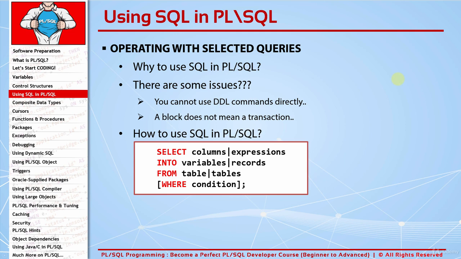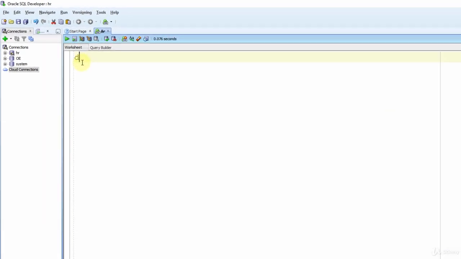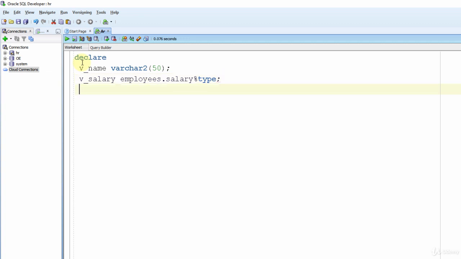Now, let's make some examples. Declare, v_name varchar2 50, and v_salary, it's employees.salary percent type. As I mentioned before, use percent type attribute as much as you can. I used varchar2 to show that any of them is valid. So let's continue. Begin